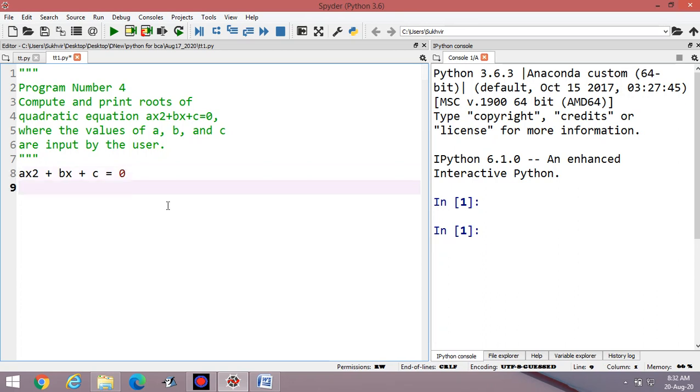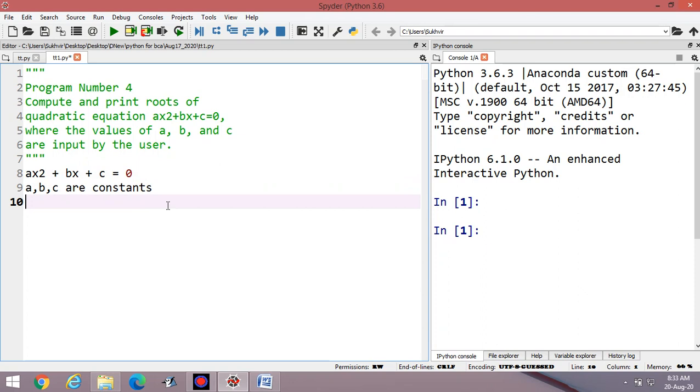This one is the quadratic equation where a, b and c are constants and x is a variable, and we have to calculate